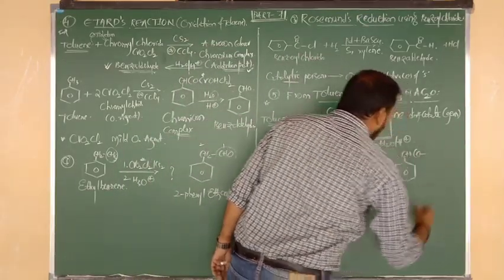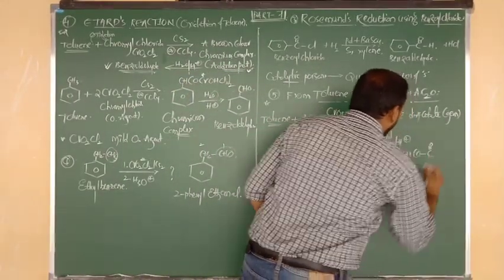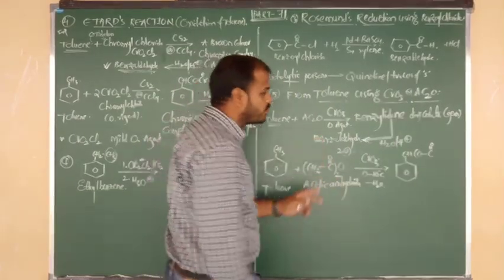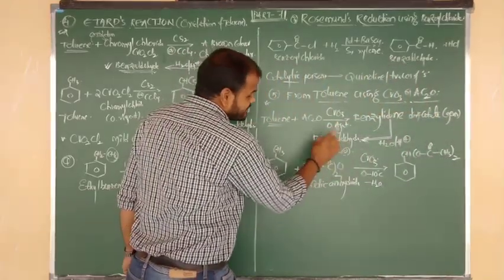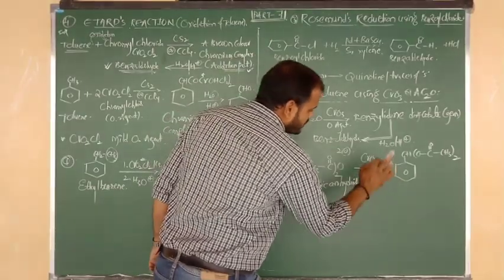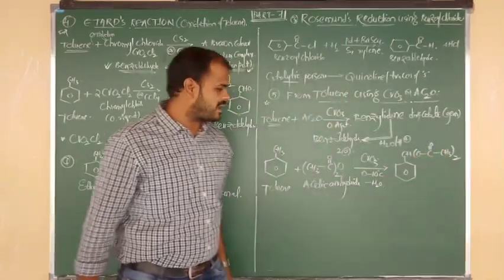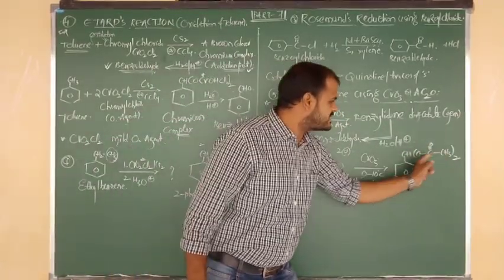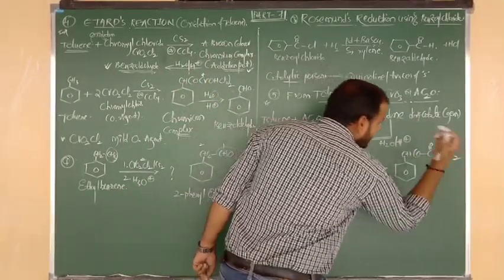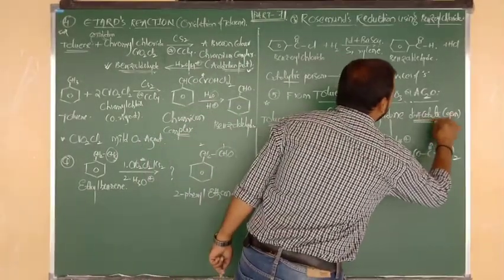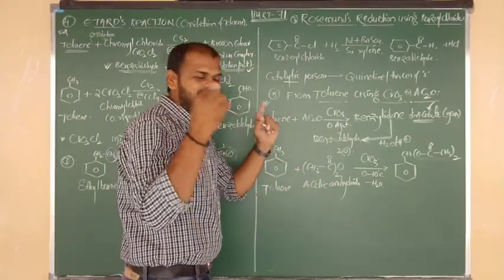4 oxygens. Here, C double bond O, how many groups are there? 2 groups. And CH3 groups, how many? 2 groups, all taken twice. Once again, we provide 2 oxygens during oxidation, but 1 oxygen is removed in the form of H2O. Remaining 1, and here another 2 oxygens are there. So this is CH3COO, acetate, but how many acetates? 2 acetates, so we call this diacetate. The compound is a gem compound because 2 acetate groups are present on 1 carbon.